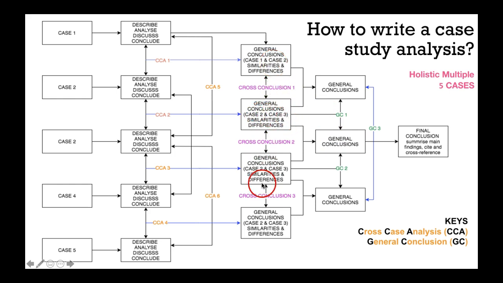So you are again going to look at what is happening in those cases, what the issue was in each case, what solution they implemented, and what the results were. So you are going to look at each case individually and then do cross-case analysis between the different cases. And then you come up with the general conclusions, GC1, GC2, and GC3, and then you write the final